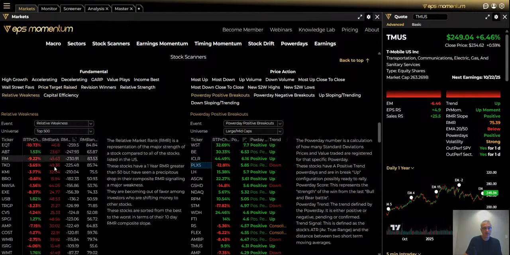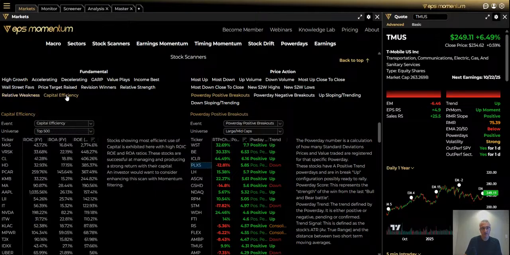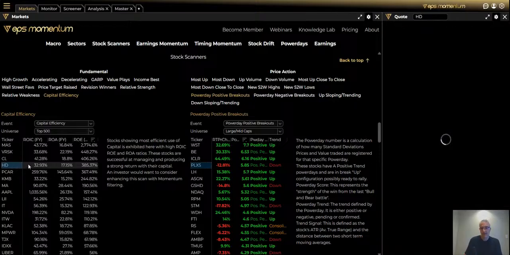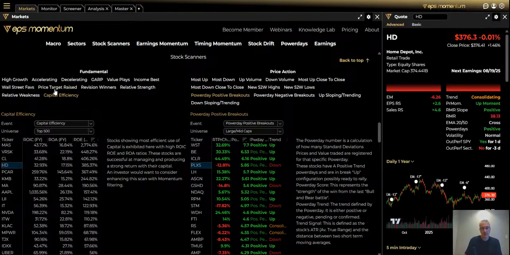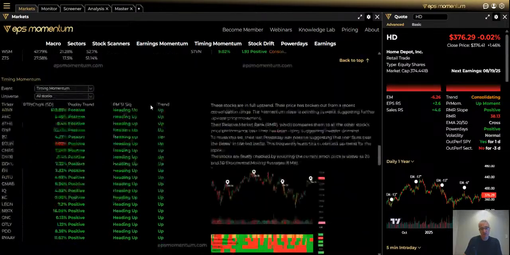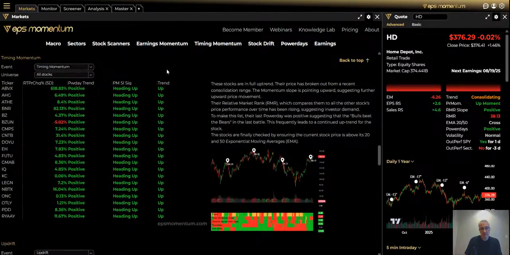Relative weakness, getting a little bit negative on some stocks, or capital efficiency, so based on ROE or ROA or ROIC, and you can pick on any of these. So again, we keep adding those fundamental scanners,